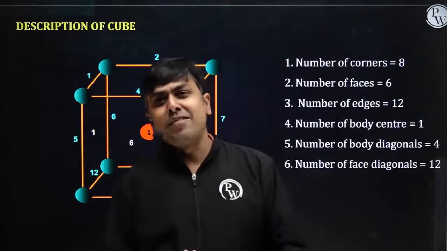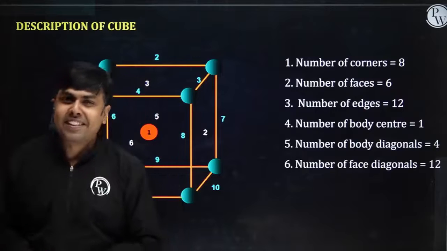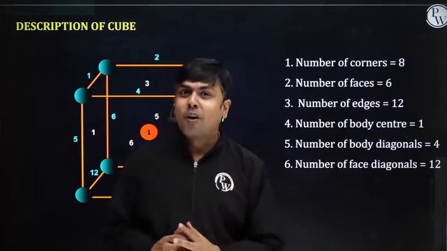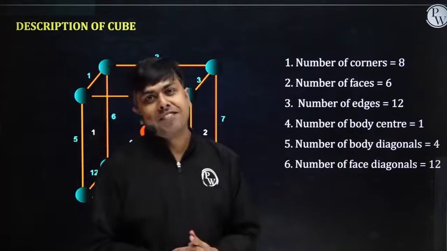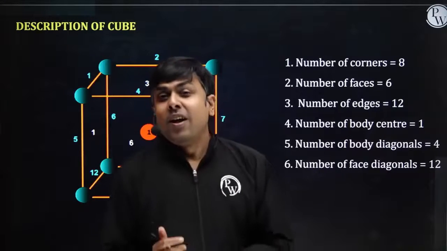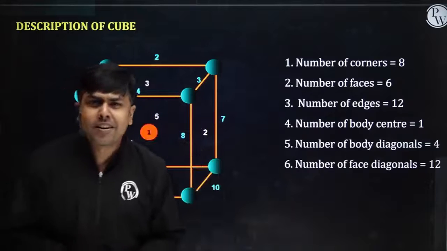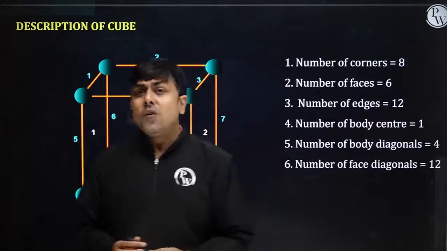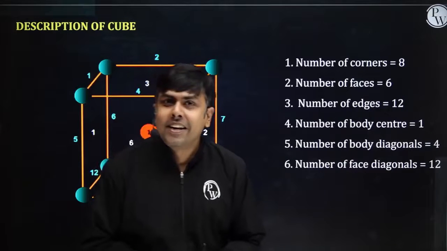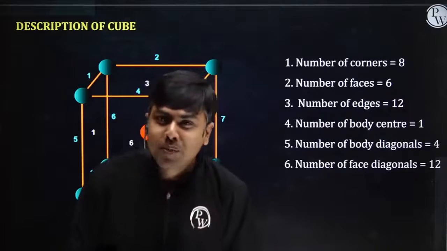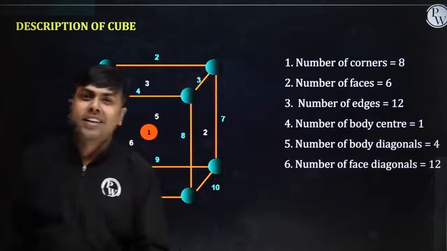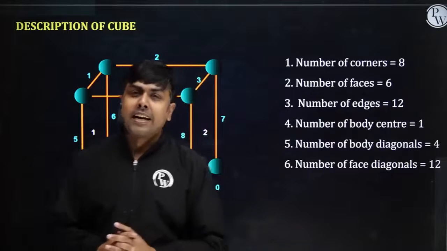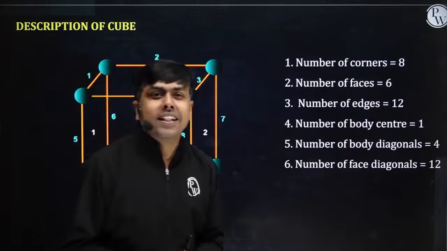Students, so mainly we have studied 7 different types of Bravais lattice, and these lattices are cubical, tetragonal, orthorhombic, monoclinic, triclinic, hexagonal and rhombohedral. But out of these 7 crystalline lattices, we have to study only 2 in detail. The first one is the cubical lattice and the second one is hexagonal. Students, let's first of all discuss in detail this cubical lattice.